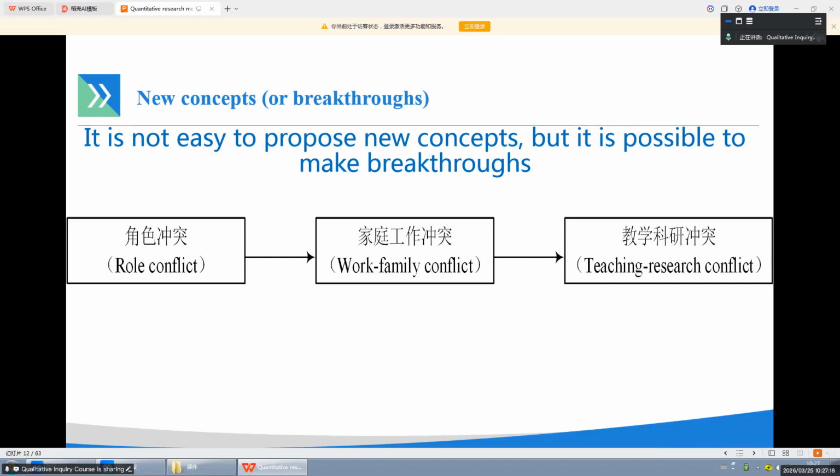Then when we focus on work roles, we know we have different work roles, right? And between different work roles, there may also be conflicts. So teaching-research conflict. This concept is specific to which work population? Teachers. More specifically, university teachers, right? Yeah, university teachers